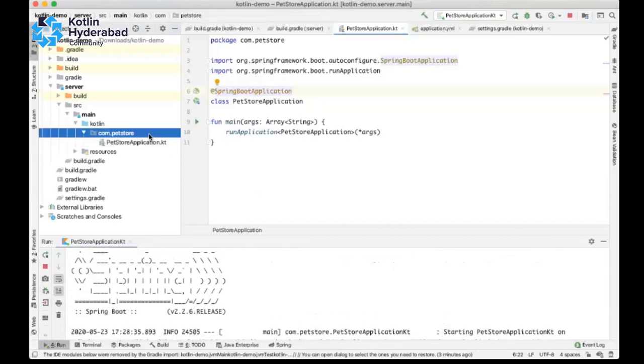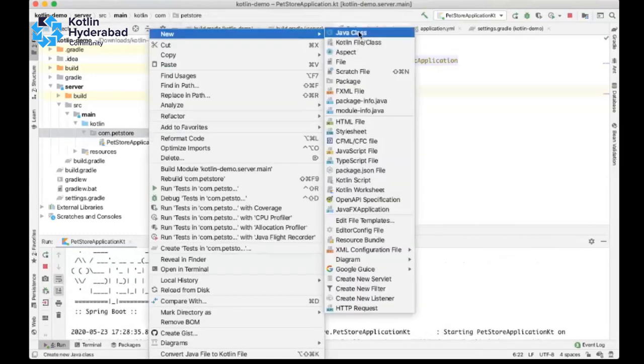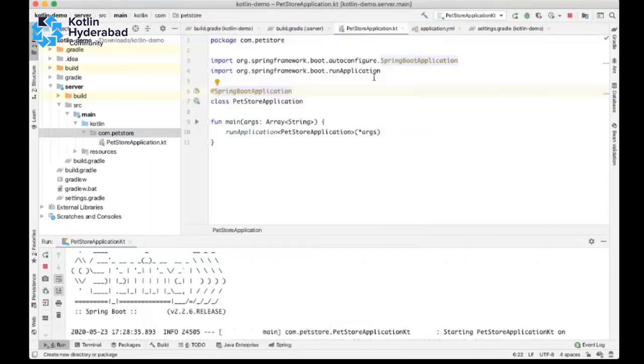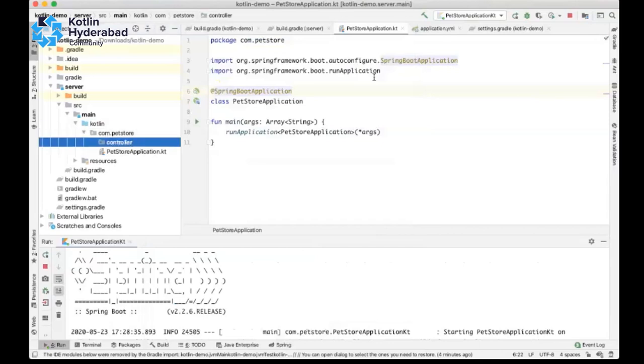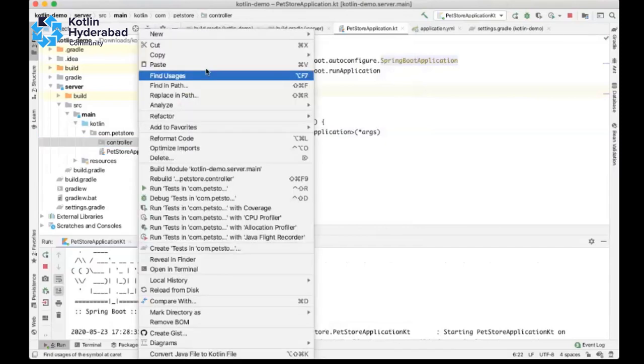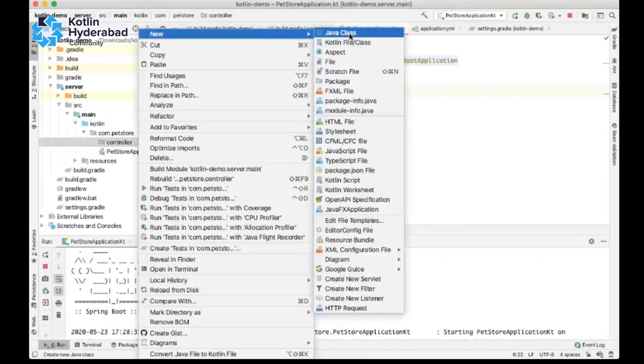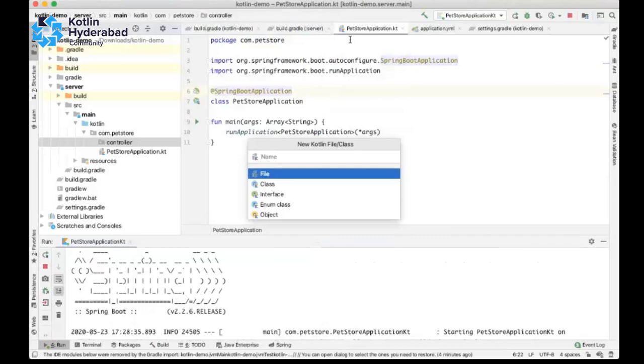And now let us start writing the controller. First, I'll show you the old way of how we used to create controllers. Then I'll also show you the recent Spring Boot feature that came from Spring version 5, a new way of creating controllers. First, I'll show you how we create the old way. Store controllers.